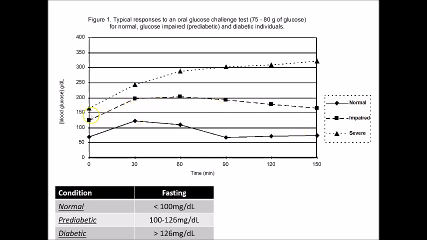The pre-diabetic patient would start their blood glucose between 100 and 126 milligrams per deciliter, usually peak sometimes in 30, but especially the 60 to 90 minutes, and still be above the 100 level after 3 hours. And the diabetic would have a blood glucose above 126, and then peak sometimes not at all, or very late, in an hour and a half or 2 hours, and have an often extremely high blood glucose after the 3-hour